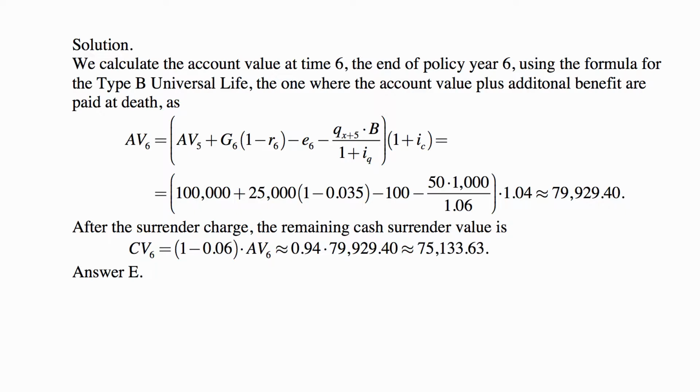So in this problem, the rate used for discounting of cost of insurance to the beginning of the year is different than the rate used for accumulation of the account value. That's one of the key features of this problem, and you need to know what to do in this case, and this is what you just see here. So what we have is a previous account value of $100,000 plus the premium of $25,000. We subtract 3.5% expenses, minus 100 of expenses, and minus the cost of insurance, which is 50 per thousand, and the